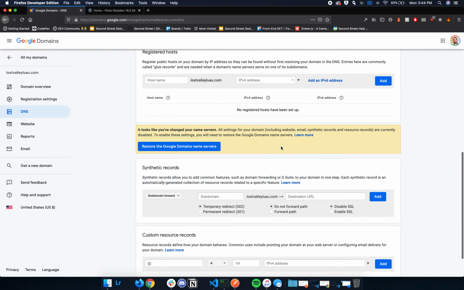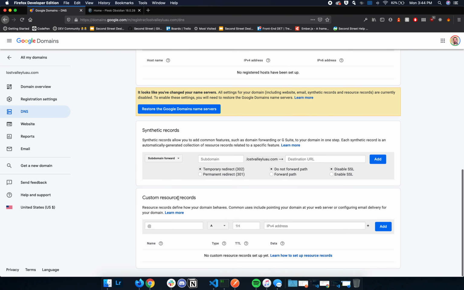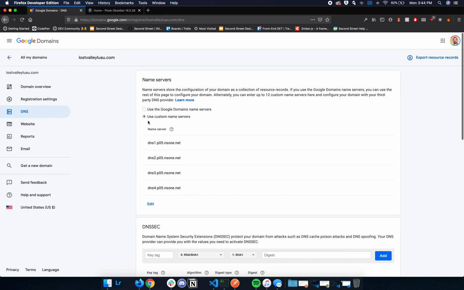And then you scroll down to the bottom to this Custom Resource Records section. And here you're going to paste the IP address that I will send you into this column with the @ symbol. You don't need to edit anything else, just paste the IP address in there and then click the Add button. Once that's done, that's going to point the domain name that you've purchased towards the backend hosting for your